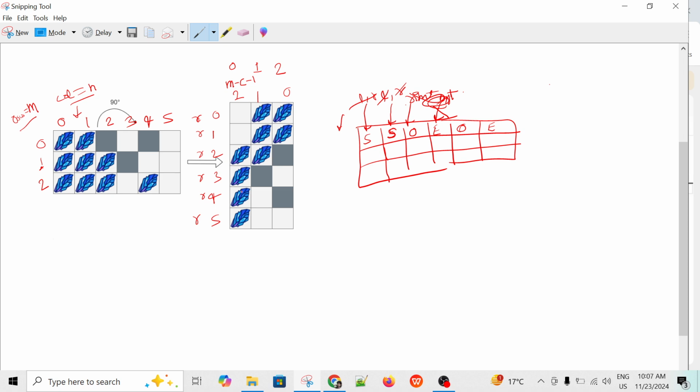As I have discussed how we will do the rotation, the rotation will make sure that you get the stone in the correct position after the rotation. So we do not have to worry about it. And now